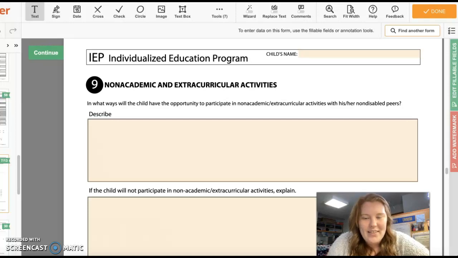So the next section on the IEP document that I'd like to give a brief overview of is section 9, which is non-academic and extracurricular activities. For this section, you will have to list in what ways the child has the opportunity to participate in non-academic extracurricular activities with his or her non-disabled peers. So basically this means, what are we doing to allow that student to be able to participate in things